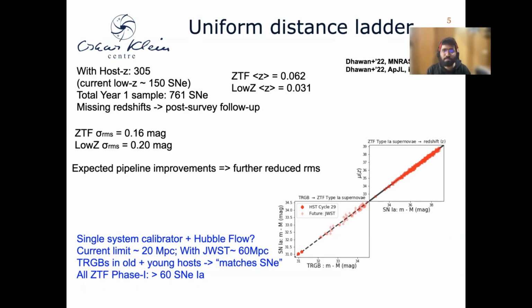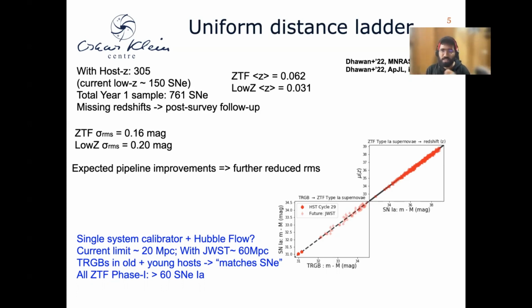In addition, and this is the plot we see here, that's some ongoing work. We have a large sample of type Ia supernovae in the more nearby universe, typically between 15 to 60 megaparsec. This is a typical calibrator distance, where here we see that we have a calibrator sample of a large number of type Ia supernovae. Over all of phase 1, this is more than 50 type Ia supernovae. In year 1 alone, this was around 10 type Ia supernovae, for which we can get primary distances independent of